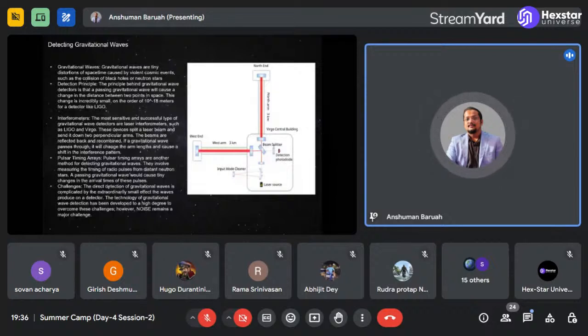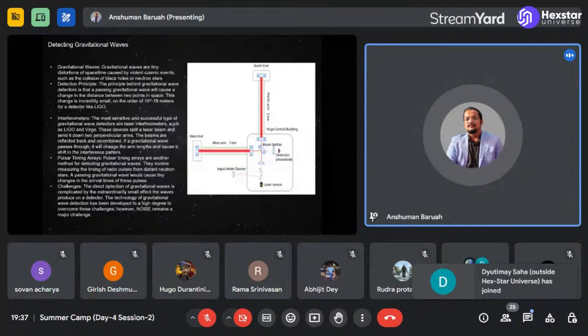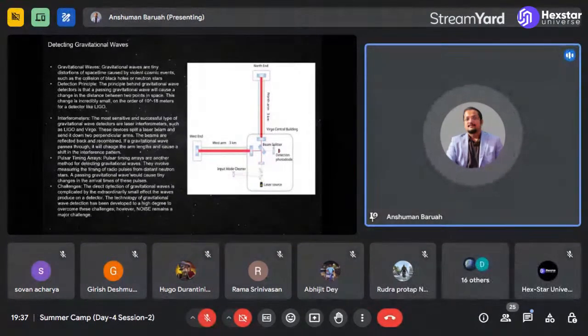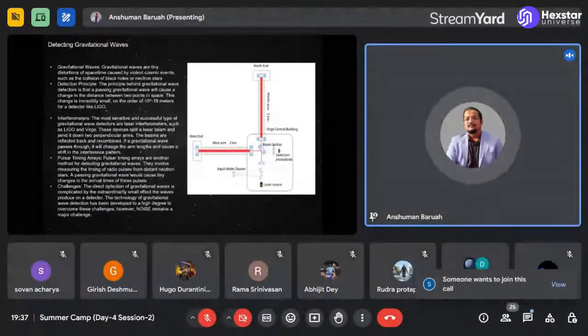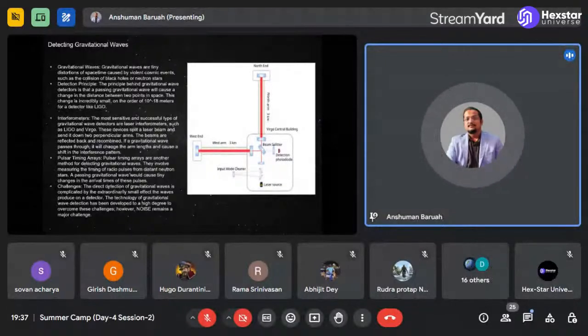So as you see, this experiment is highly sensitive to noise, and as citizen scientists, you can contribute to understanding what kind of noises are present in gravitational wave signals. Using the analysis that you can do, scientists can develop models that can better identify noise in gravitational wave data. Meaning, if there is polluted gravitational wave data full of noise, there are different methods using which scientists can filter out the noise and look for the exact signal of gravitational waves that we want to discover. And you as citizen scientists can contribute to identifying noise in gravitational wave signals, using which scientists can build more accurate models for signal detection.